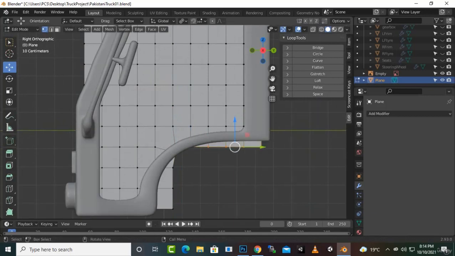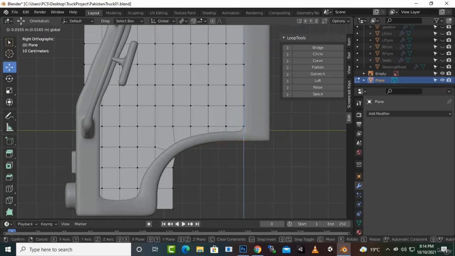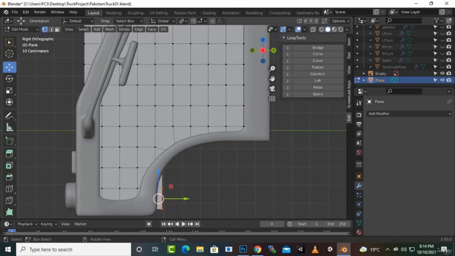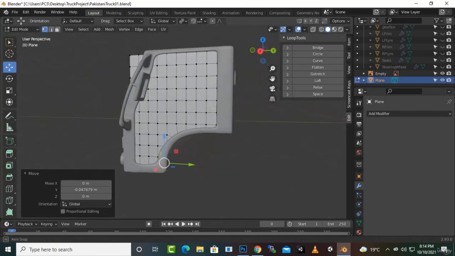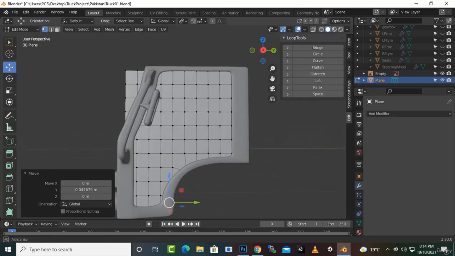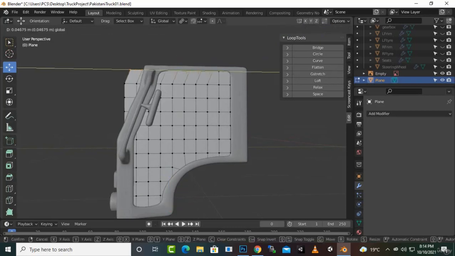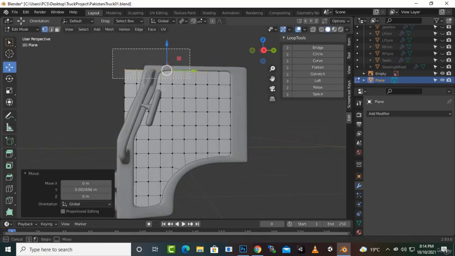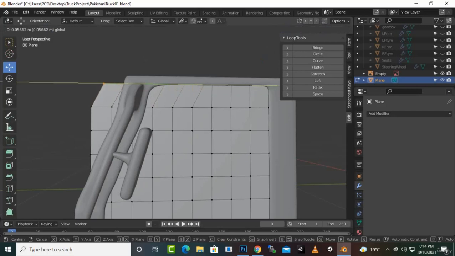fine. We will move these vertices as well, so that we are getting the basic shape of the tire. And then this one, that's good, we have the basic shape. Now for these vertices we will also move them. Actually we can delete these vertices as well if we want to, but I think we should move these vertices. I would select this vertex, and I think from this vertex it is better to go. So like this,